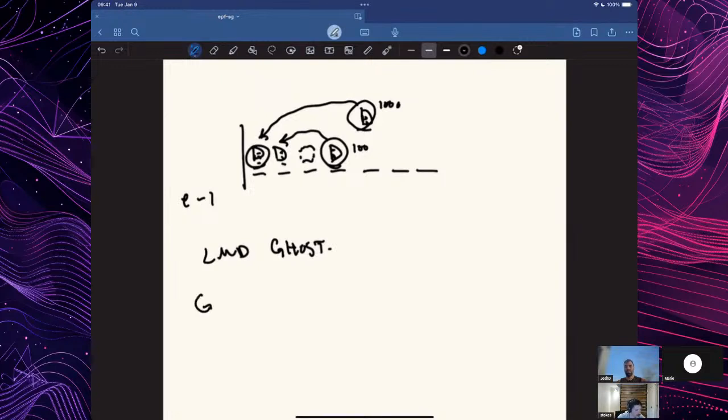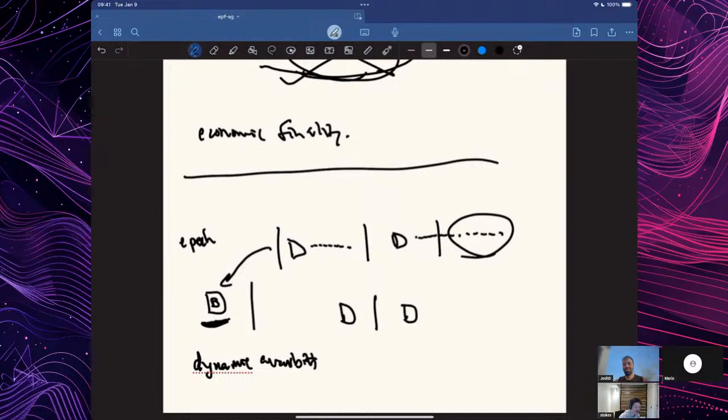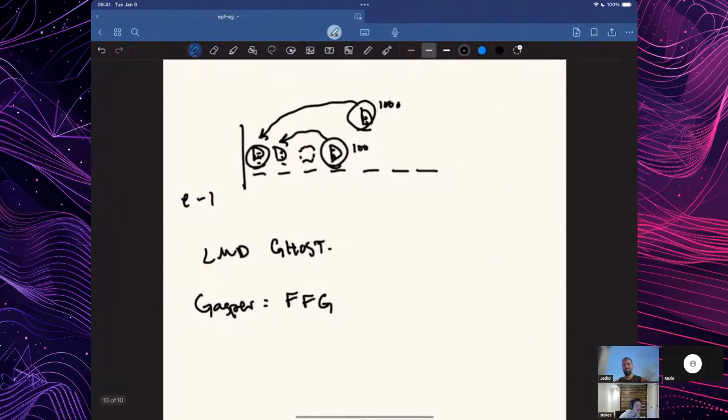And so when we say Gasper, what we really mean is there's this FFG, the friendly finality gadget. It's not super important what the acronym stands for, but ultimately this is an epoch-level process, which hopefully is clear to some of you, if not all of you. We're doing finality on these longer time scales, and this finality gadget is providing finality, but then even within one epoch,